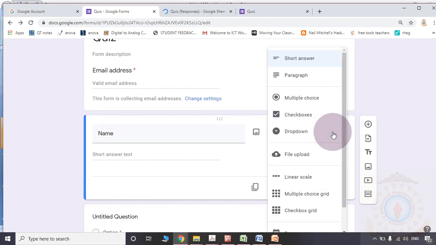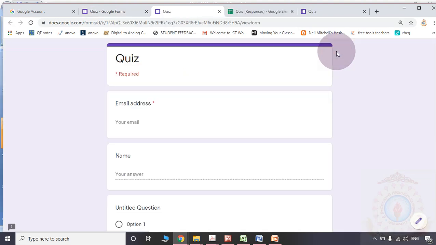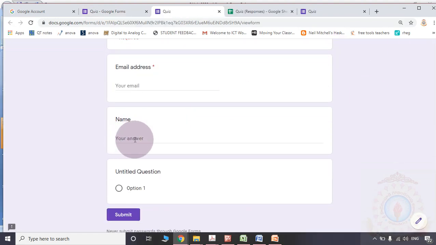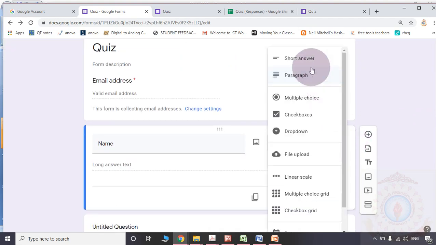Now in the place of short answer, paragraph is given. Then here the participant is supposed to give a long answer. They may enter more number of characters. Even in the preview, you will observe the same blank line, but they may enter more characters than short answer. So generally for the name, designation, organization name along with the place, for those types of questions you are supposed to pick short answer.